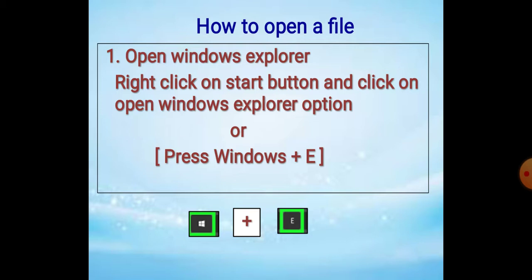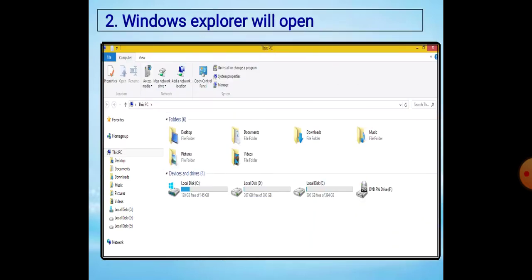आज हम पढ़ेंगे सबसे पहले कि जो ऑलरेडी फाइल क्रिएटेड है उनको कैसे ओपन करते हैं. So for opening the file, first of all we open our Windows Explorer software. Windows Explorer actually is used to manage and organize files and folders, and we will see two methods here. Either you right click on the start button and click on open Windows Explorer, or simply press Windows and E together to open the Windows Explorer. आप शॉर्टकट की का मेथड भी यूज़ कर सकते हैं.